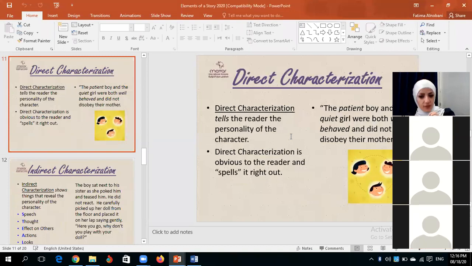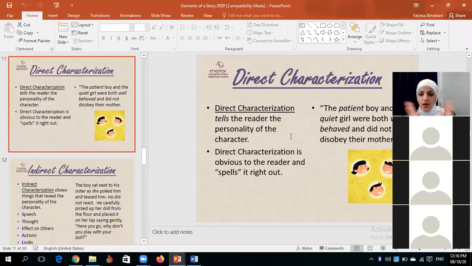Direct characterization tells the reader the personality of the character. Direct characterization is obvious to the reader and spells it right out. The patient boy and the quiet girl both behaved well and did not disobey their mother. When I give you direct characterization, I force you to imagine a certain thing about